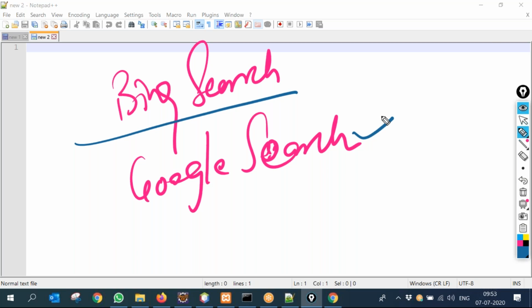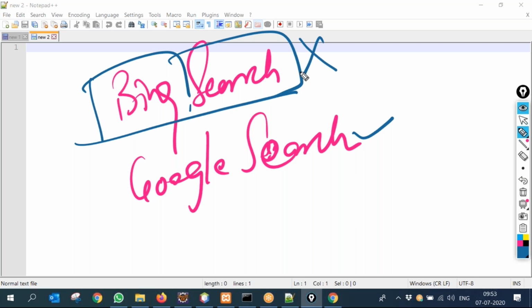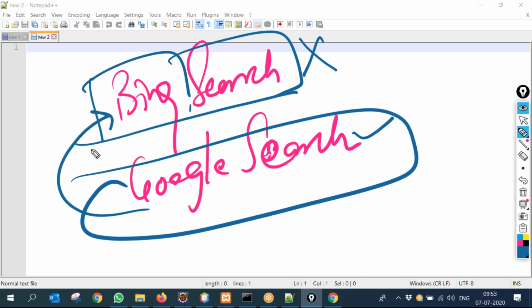Why? Not because Bing search does not have intelligent people. Bing search cannot write the algorithm which Google can write. In fact, at one point of time, Google search had joined Microsoft. But that did not change the fortune of Bing, simply because Google has huge data which Bing does not have.